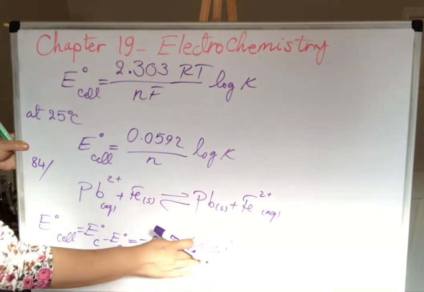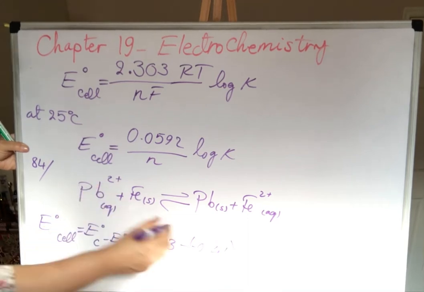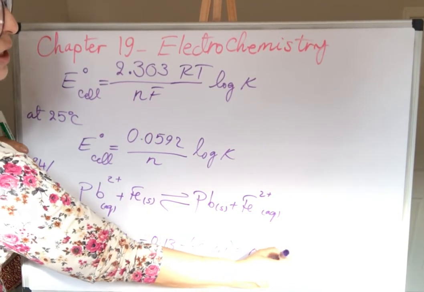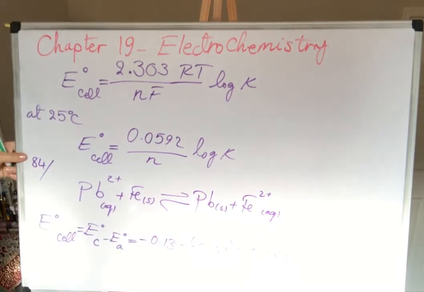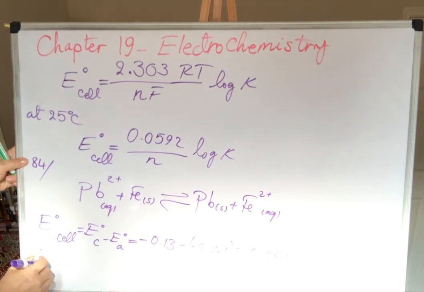So again, you see the more negative is for anode. Negative, anode, both of them have N. So this is going to be 0.28 volts. Now plug it into this equation, ln K, log of K,